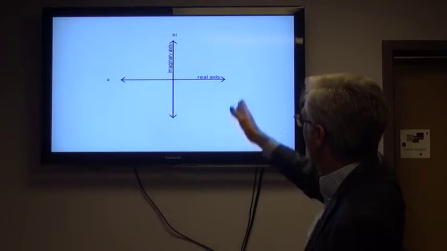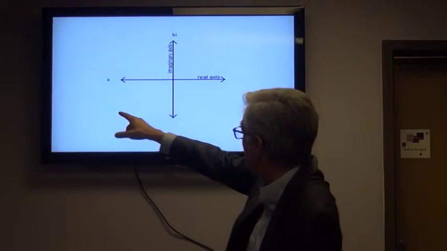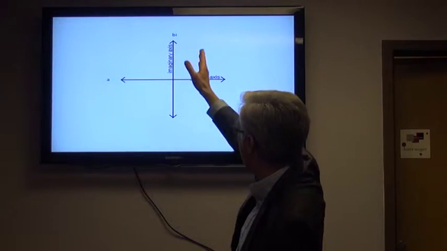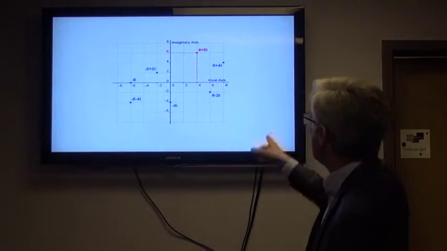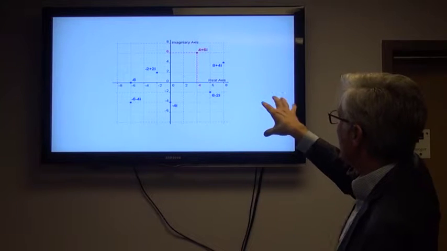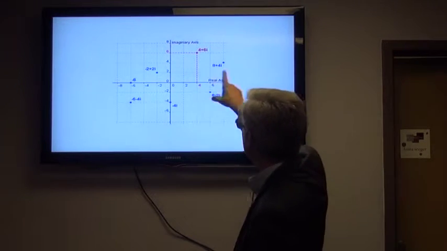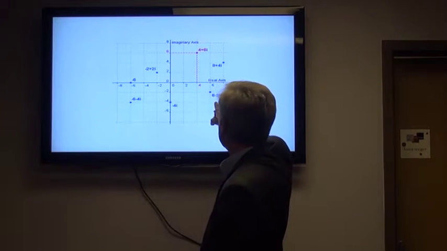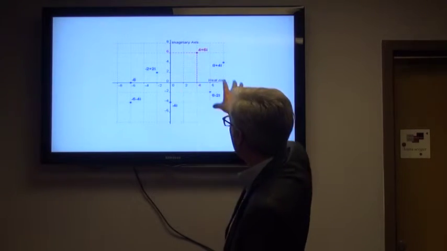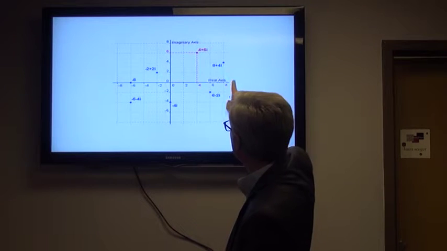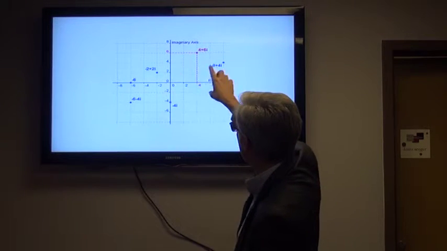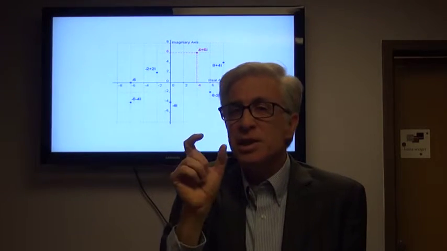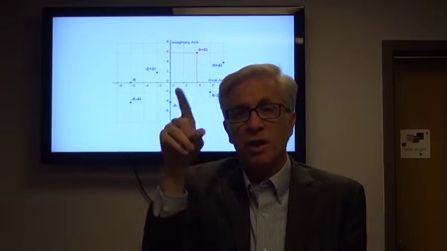It's more like a space like this, with the a number along this axis and the b times i number on this axis. So here's how you plot those complex numbers. There's 4 plus 6i, there's negative 2 plus 2i, there's 6 minus 2i. You can plot these numbers here. What if we took these complex numbers,